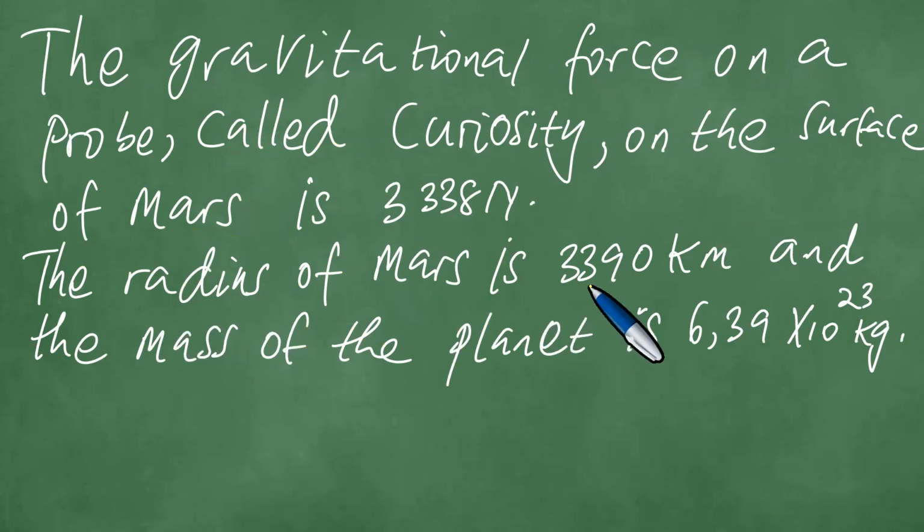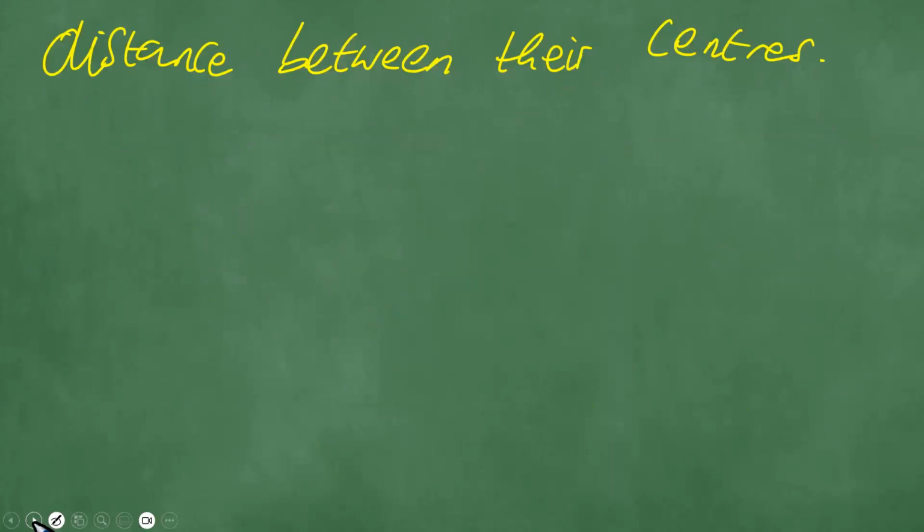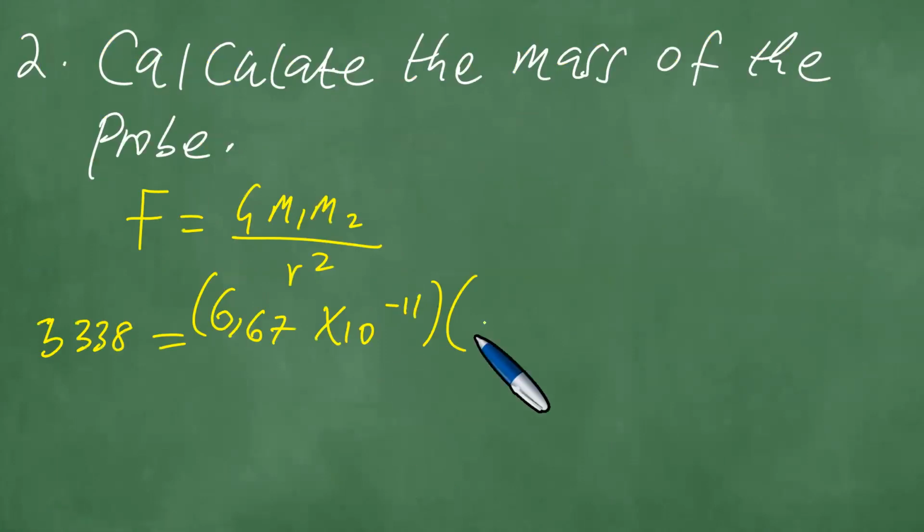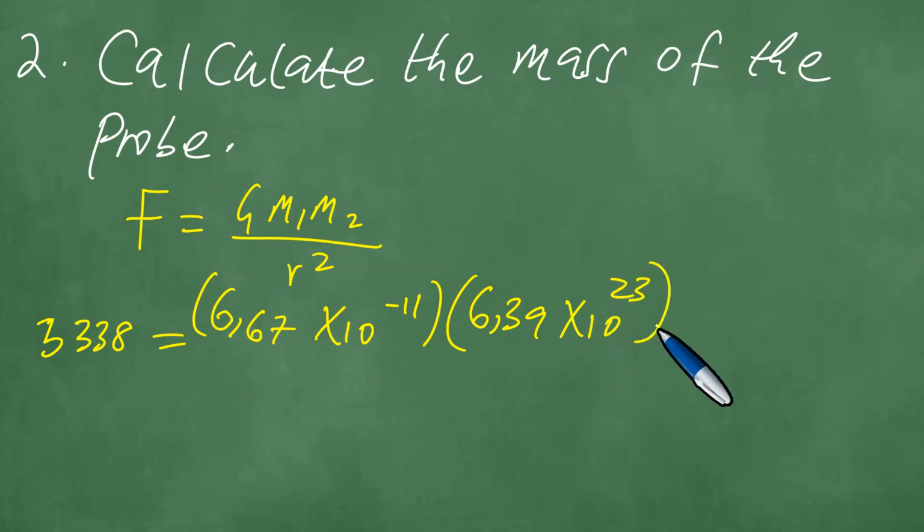The radius of Mars is 3390 kilometers. And the mass of the planet is this one. So you're going to use the mass of the planet. The mass of the planet is 6.39